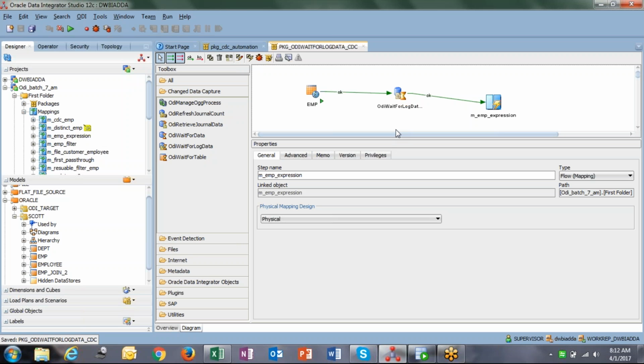Whenever new records arrive, let's say maybe not one record, maybe 10 records. Whenever the count is 10, automatically this package should execute and my mapping should kick off, and the target data table should be populated. How will I do that? There you need to kick off one script over there. In the backend, I think we do have options like